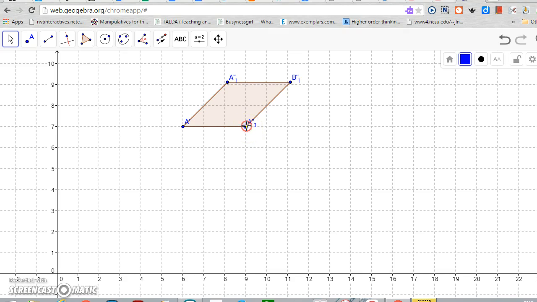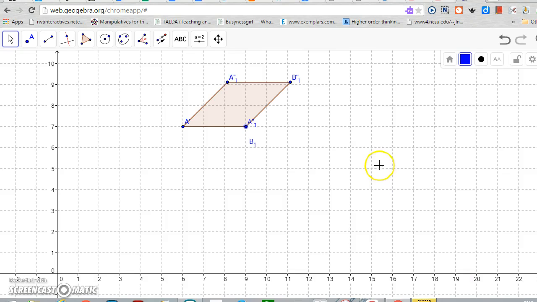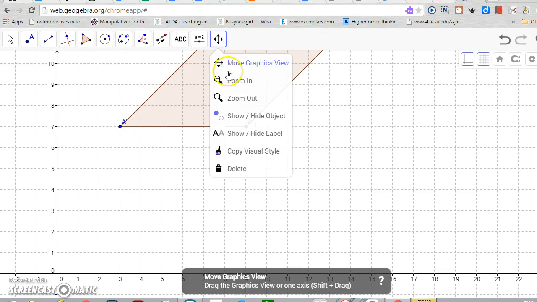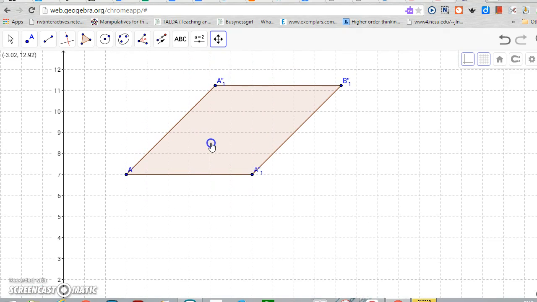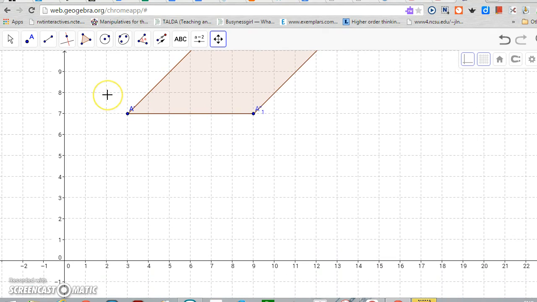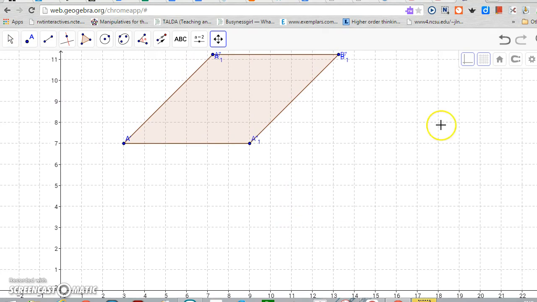Let's see if I can rename that. Doesn't matter. Oh, here we go. Let's just resize this, and we see if we drag, it still respects its parallelogram properties. Just enlarged it here. There we go. So now we can see